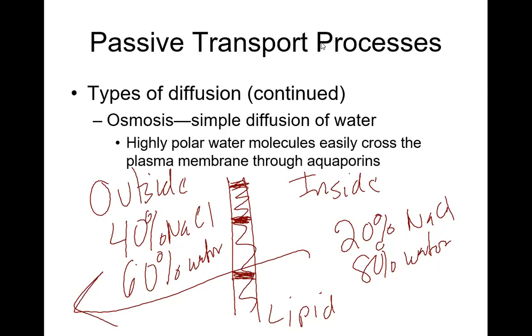You were really thirsty, it's a hot day, and so you chug down all this water. Where does all that water go? It goes into your blood. Everything we eat and drink goes into our blood. So you suddenly are diluting the salt concentration inside your plasma, which means that the salt concentration